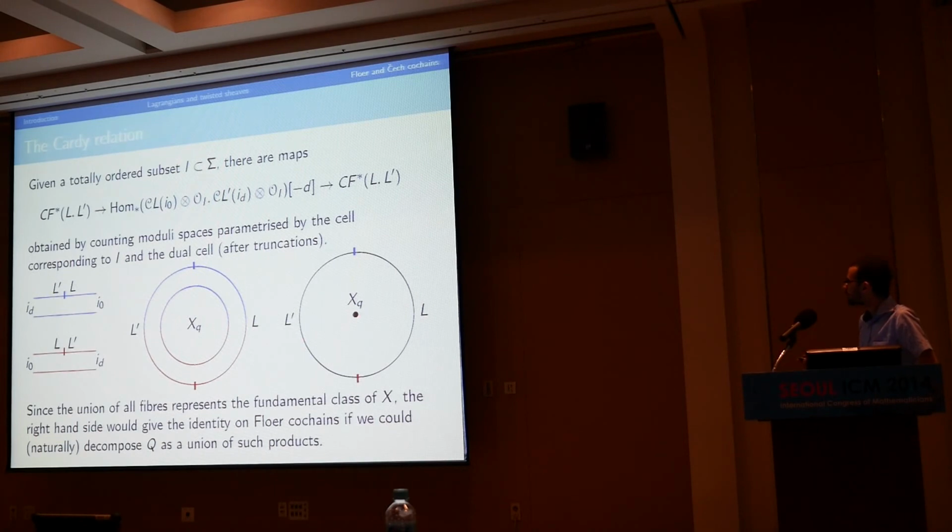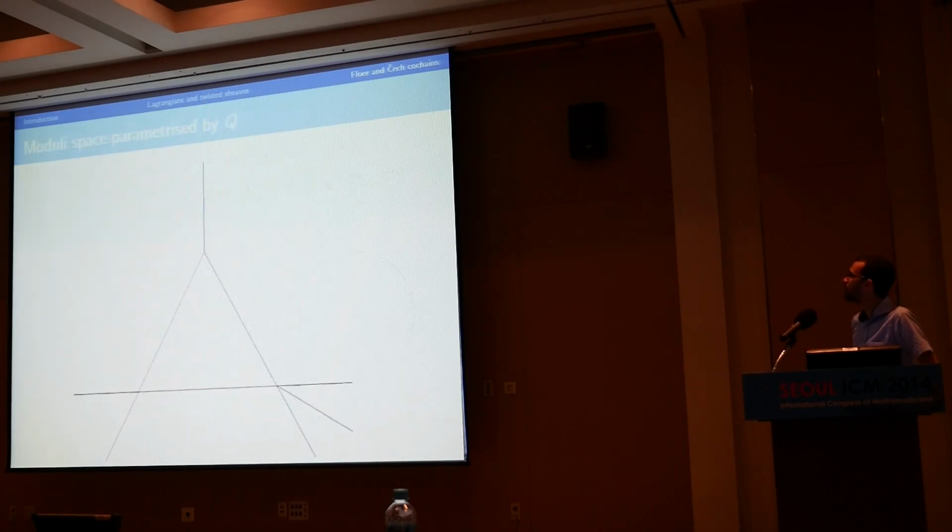There's actually one small subtlety here, which is that I just went from saying product of a cell and a dual cell to now saying that it's something parameterized by the whole space. So if you actually want to make this argument correct, you have to decompose your manifold as a product of cells and dual cells. And this is probably classical, and can be done using the dual of the barycentric subdivision.